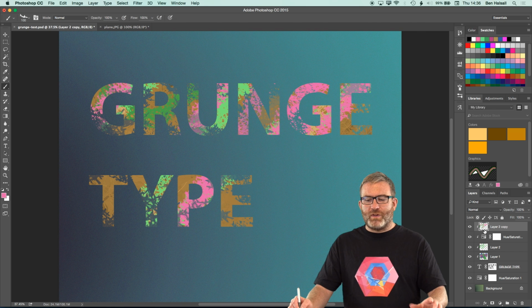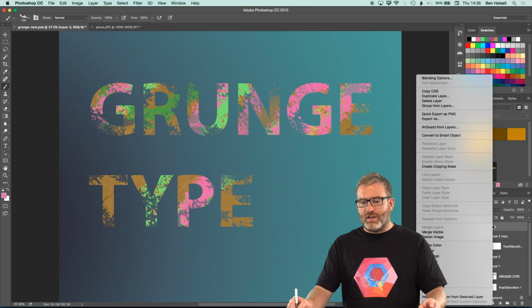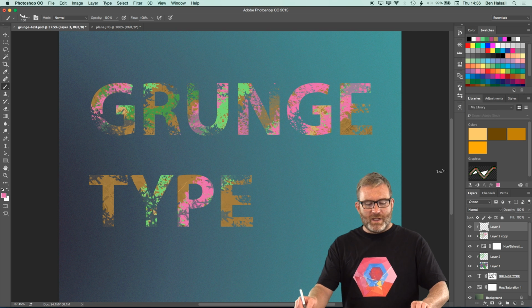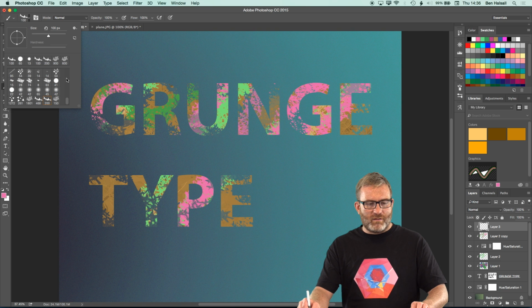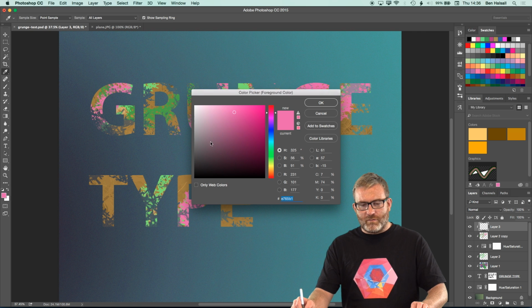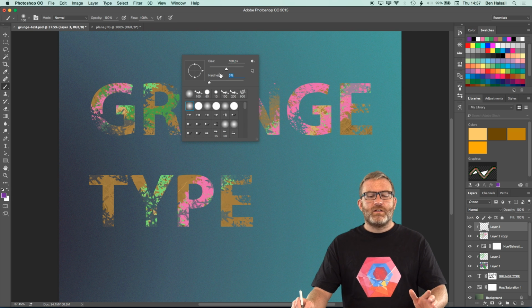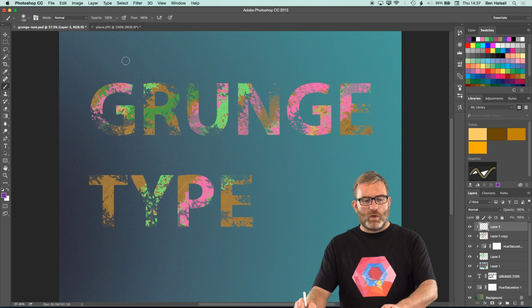And I'm going to do a couple more things here. One is I'm going to grab a new layer here, add it to that stack of clipping masks that I've got, and then I'm just going to grab one of the regular default brushes that I have here, and I'm going to pick some different colors. And for this I'm going to be using a nice soft brush, so take the hardness right down to 0, and I'm going to use the square brackets just to increase the size of it. Okay, so once we've done that, you'll see